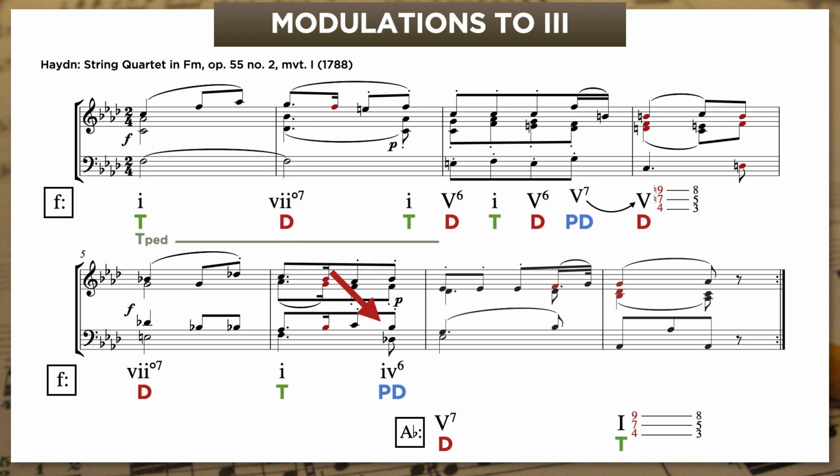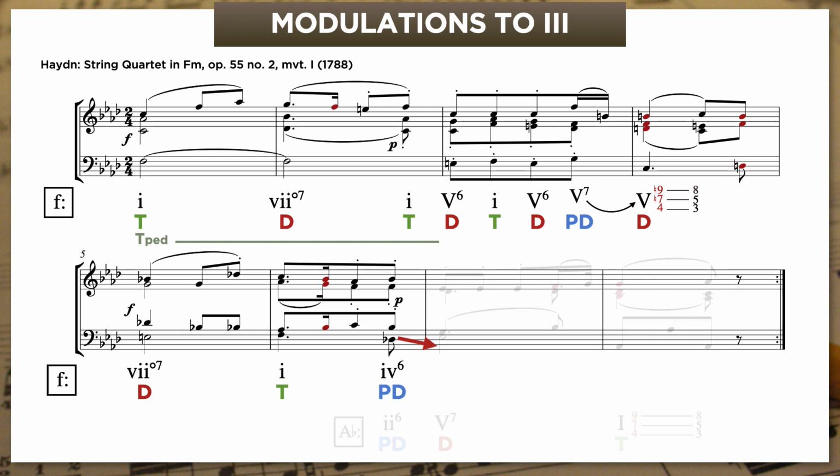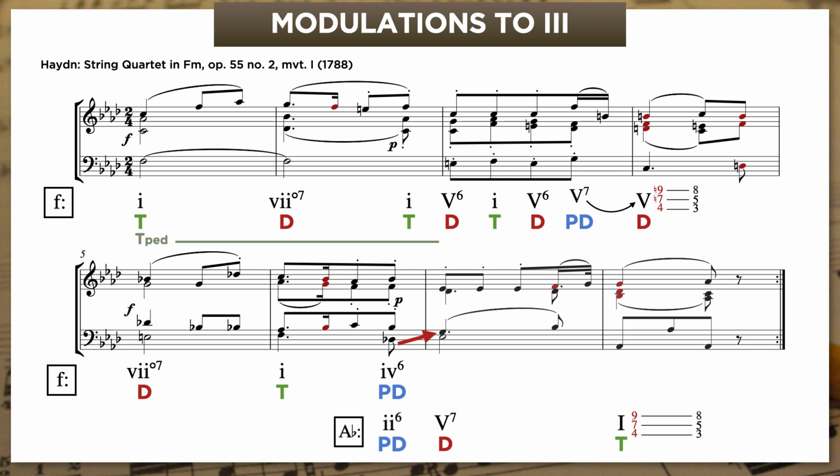The B flat minor triad in first inversion is 4-6 in F minor, but it's also 2-6 in A flat major. I especially like this because the chord has the same function in both keys. If Haydn had stayed in the original key, though, that D flat in the bass would have gone down by step to the dominant of F. But instead, he takes that bass D flat up by step to the dominant of A flat. Here's the whole thing.